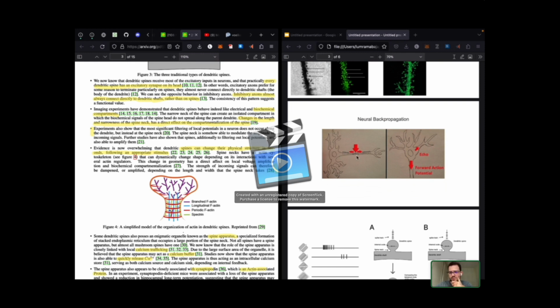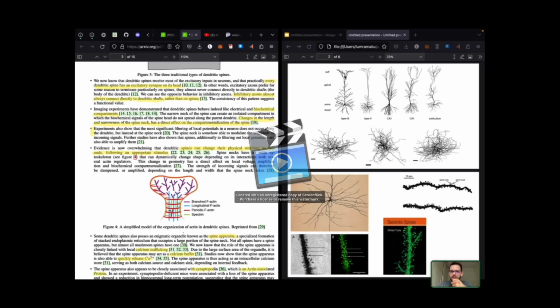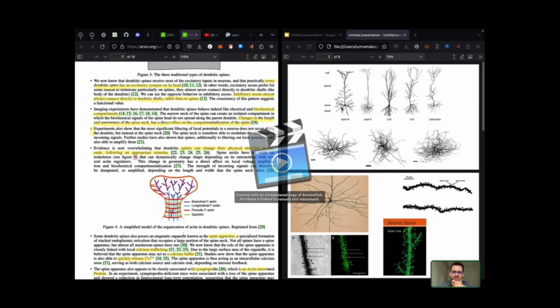where whenever a neuron fires a series of action potentials across its axon, we will also notice a back propagating signal, like an echo, that will go through all the dendrites, across the apical dendrite, and basically through all the branches of the dendrite. This echo-like signal. And why I'm saying that this is most likely not just some unimportant artifact,